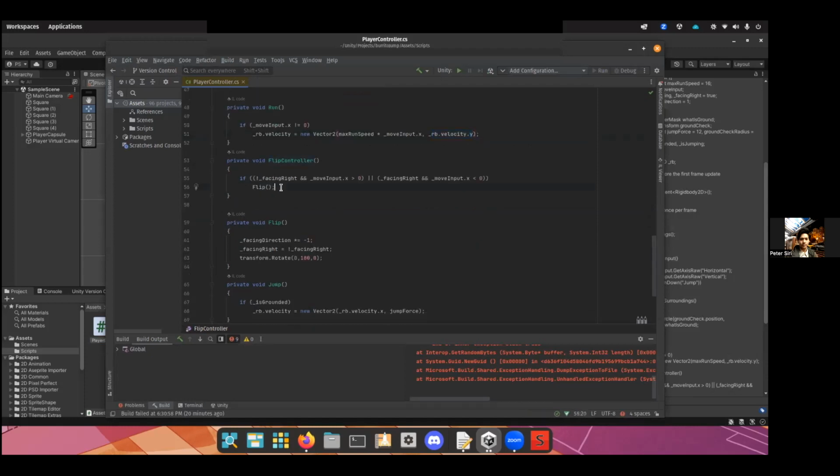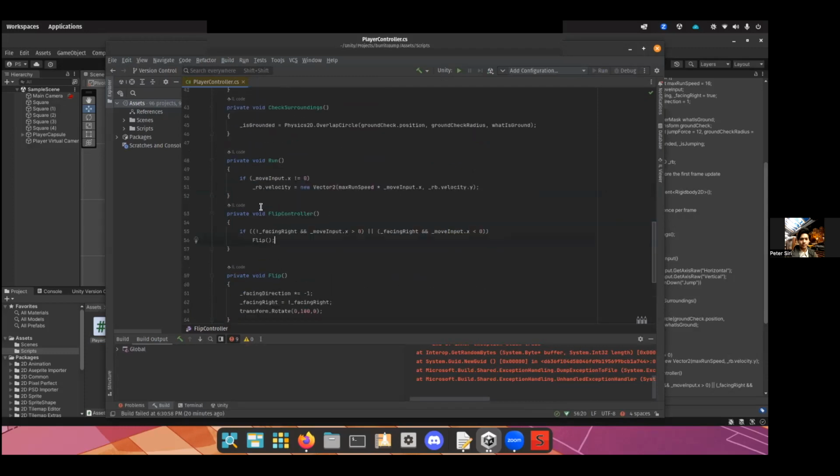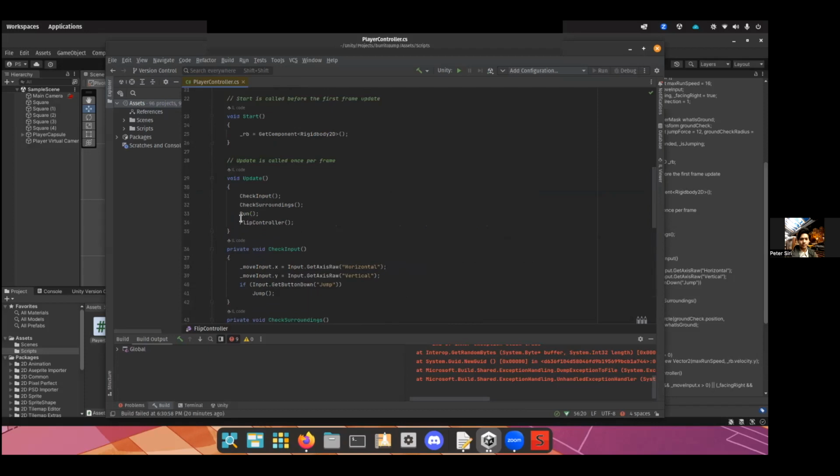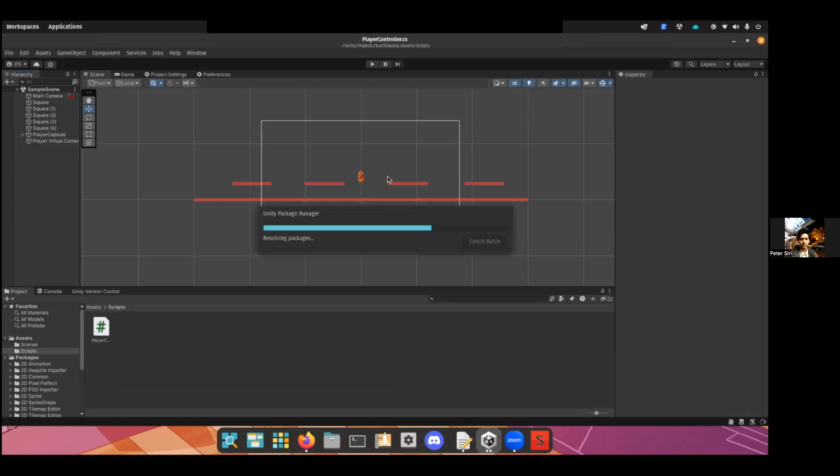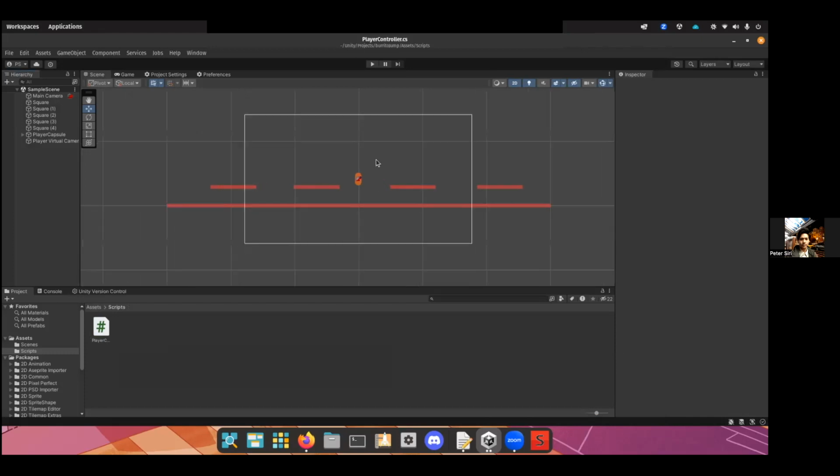This flip controller is what allows the player to turn left and right. So let's actually see what happens if I cancel out the flip function. I'm going to comment it out by double dash. And I'm going to exit. I'm going to go back to the Unity editor, and it's going to be compiling the domain right here. So if I zoom in and I press the play button,